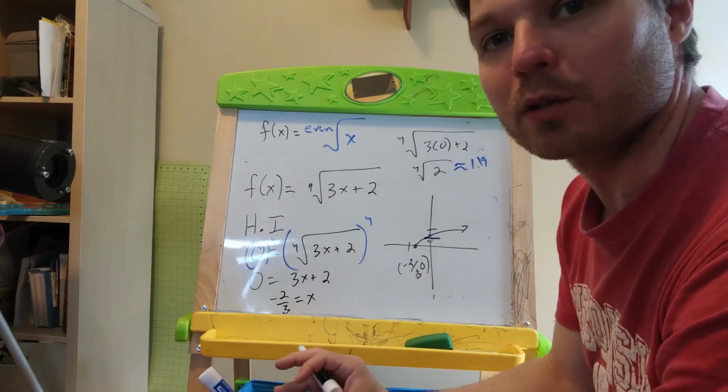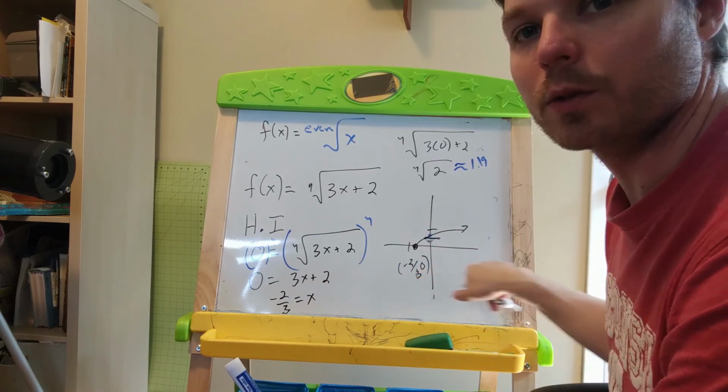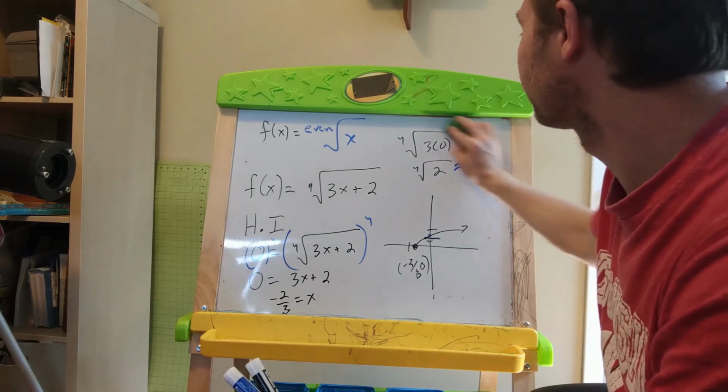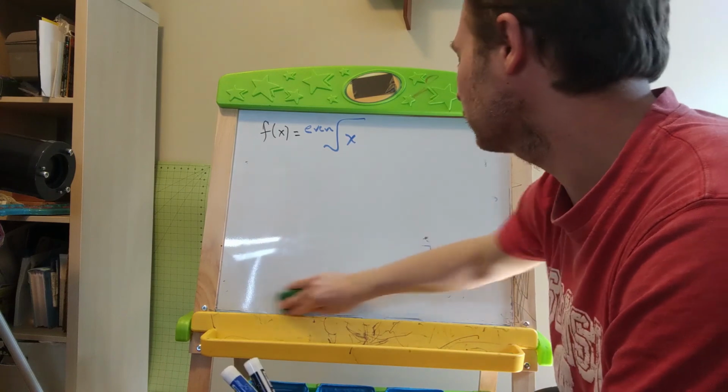So we're going to get something that looks like that. You can see pretty easily here that the domain is going to be from negative 2/3 up to infinity. If you wanted to do it algebraically, the way that we did last time,